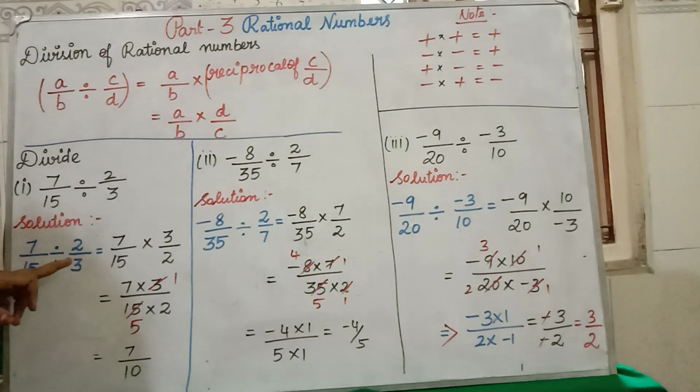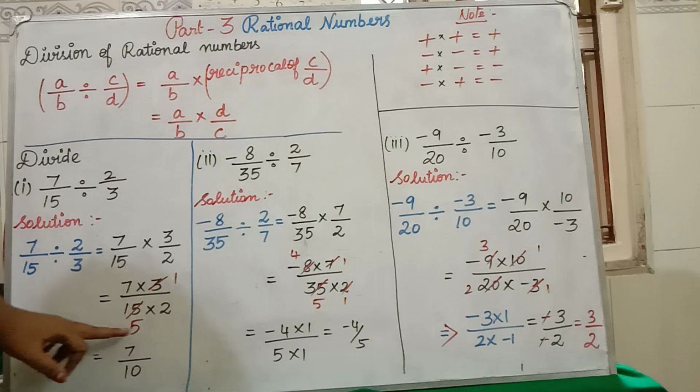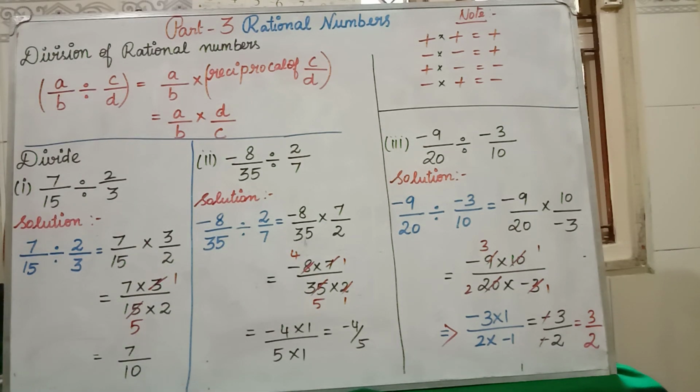So 7 by 15, this 2 by 3 will what? It will become reciprocal. So 3 by 2 we have got. Now what sign in between you are having? Multiplication. So multiplication, product of two numbers is what? Product of the numerator. Product of the numerator means 7 into 3 I have written, divided by the product of the denominator. 15 into 2 I have written. Then you have to see if anything is getting cancelled. See here, 3 table 3 one time, and 3 table 15 will come 5 times. So remaining is what? 7 into 1 is 7. 5 2s are what? 10. That is our answer. Clear?